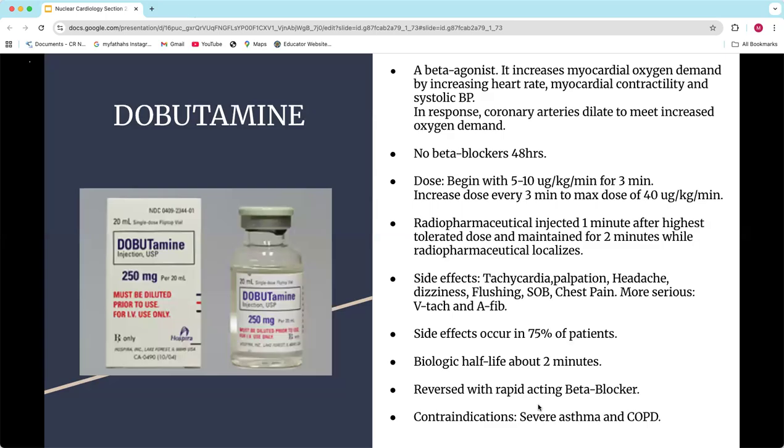Dobutamine. Dobutamine works in a totally different way. It is what we call a beta agonist, and it increases myocardial oxygen demand. So it makes it so the myocardium suddenly needs more oxygen. The only way to do that is your body will have to increase blood flow. And so to increase blood flow, it kicks in all the things like increased heart rate. So this one actually affects heart rate in that way, right? It increases that demand, and then the heart rate's going to go up.